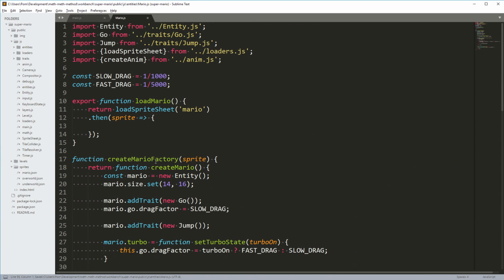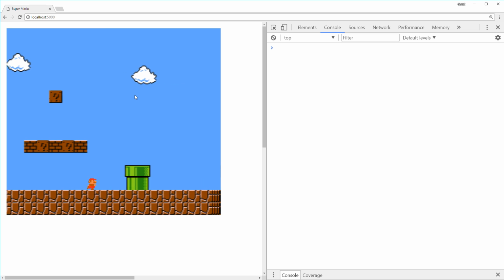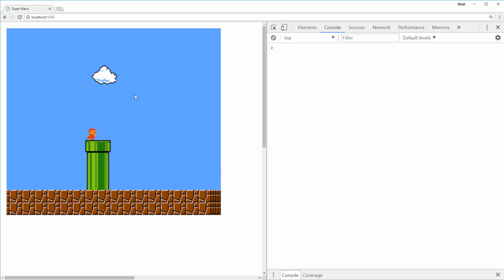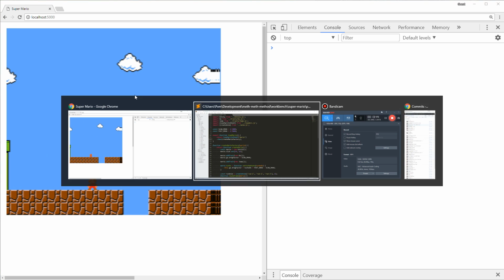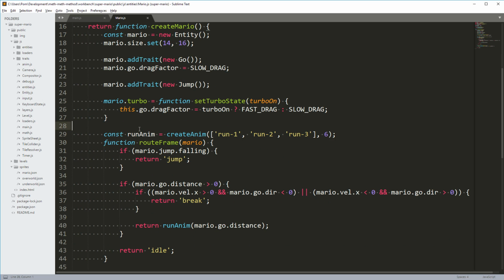So we have the createMario here. It takes a sprite, and this gives a sprite, so we can just put that name here. Well, let's make sure we didn't destroy anything. There we go. So this works now, and Mario can be created synchronously, and the code is not awful to look at. But we have a little thing here that we can improve, and it is that this animation and this route frame function, it is created from scratch every time we create a Mario,